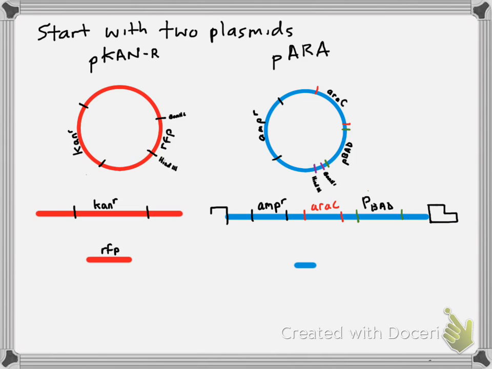Okay, and so what we end up with when we digest with these restriction enzymes are sticky ends. And what we're hoping for is to take the larger piece from the pARA plasmid and have it combine with the RFP portion from the pKAN-R plasmid. So we get a new plasmid with these two parts. And the other ends are also going to have sticky ends, so we're actually going to get all kinds of combinations of stuff in the tube that we add all this to with the ligase to try to get all this stuff joined together. So what we're hoping for is that we get the two pieces that I've drawn here